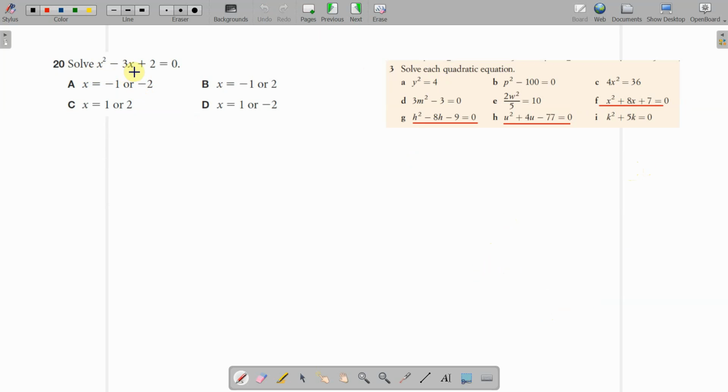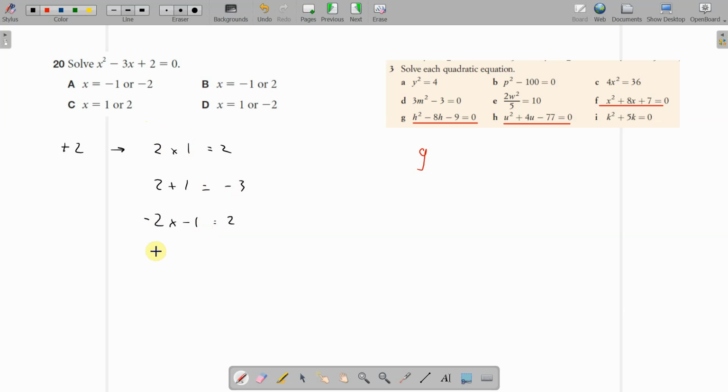Okay, solving x squared minus 3x plus 2 equals 0. And these are equivalent ones in the chapter review questions. So we have to factorise. So to factorise a quadratic, you take the factors of this last number, plus 2. Plus 2 factors are 2 times 1. But then you've got to add 2 plus 1 to equal negative 3, which is what the case here. But we can't do it. So I'm going to have to go with the fact that you can also multiply two negatives. That also equals 2. So negative 2 and negative 1 are the factors that we use in the final factorisation,